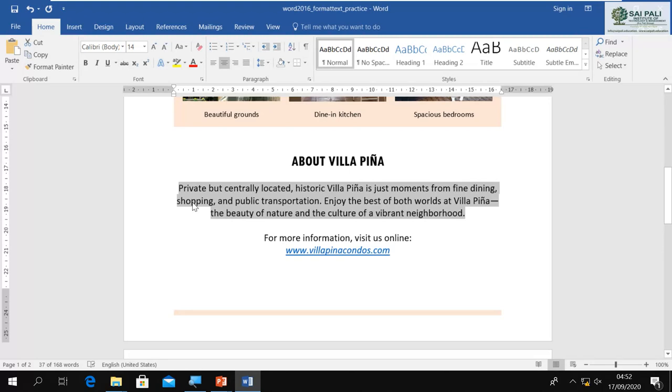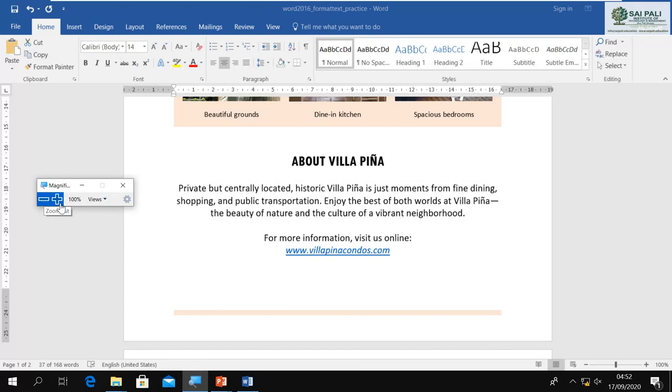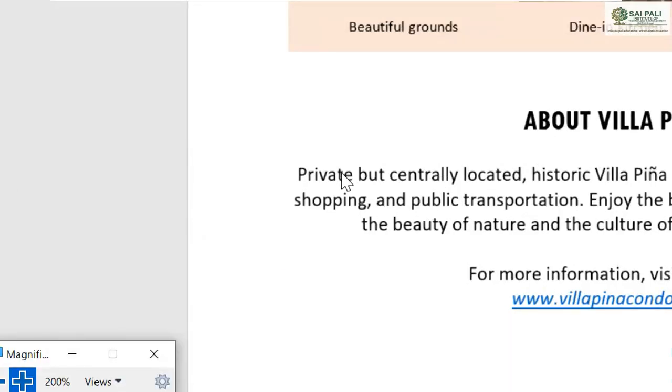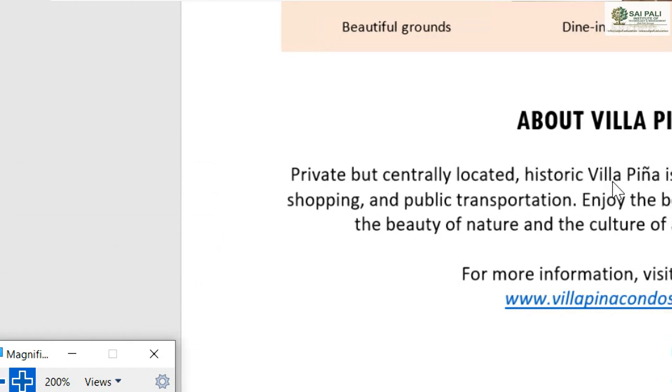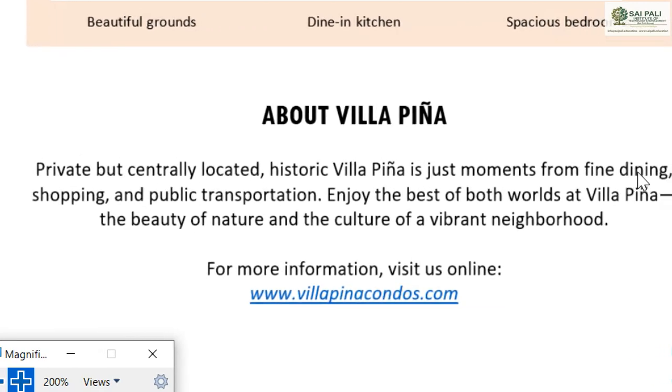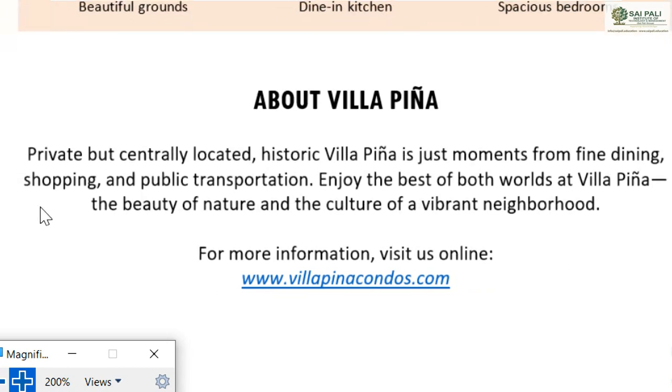The first character P is capital, then all the characters are lowercase, then this one is capital, capital, because they are names, and then all are small.